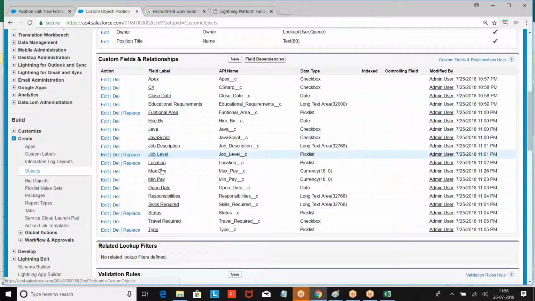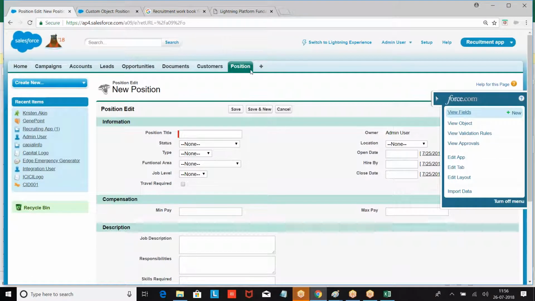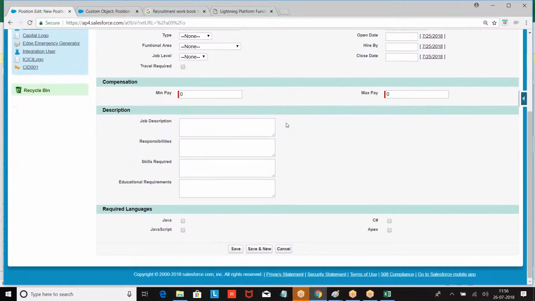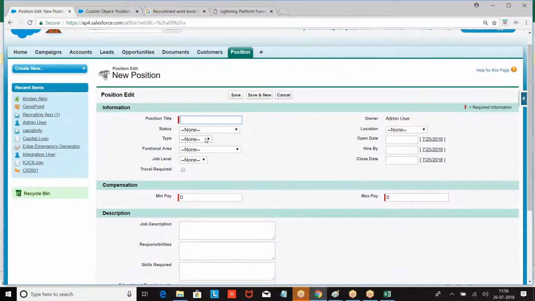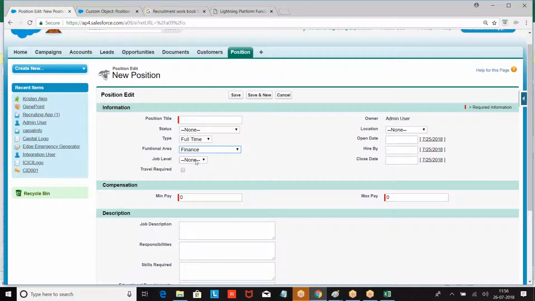Max pay. Right. So finally, this is the structure that we received. If I say finance, we will be getting a...